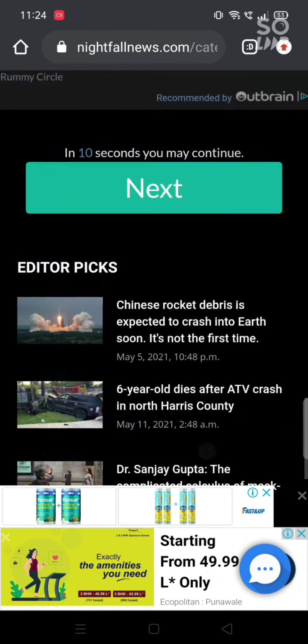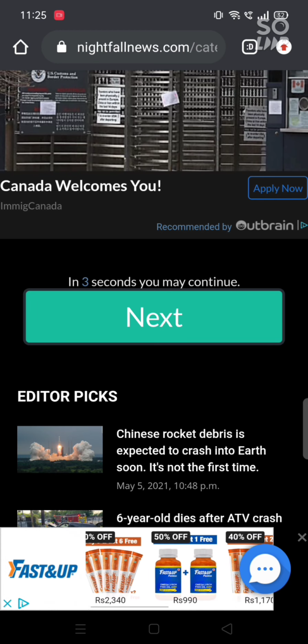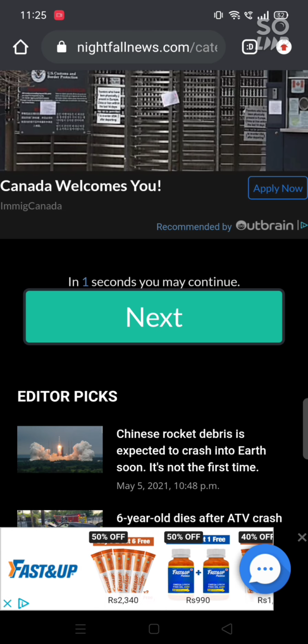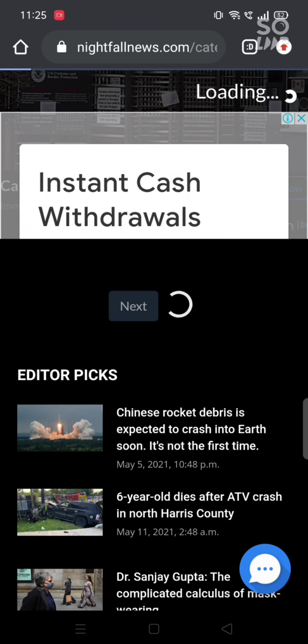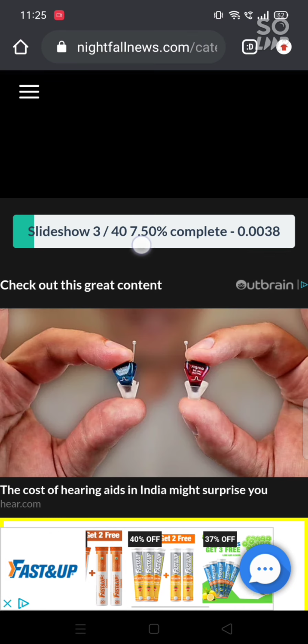Again, scroll down to the bottom. Click on next. 10 seconds timer will start. Wait for 10 seconds. Click on close. Again, see the next slideshow is loading. In such a way, you have to complete 40 slideshows.